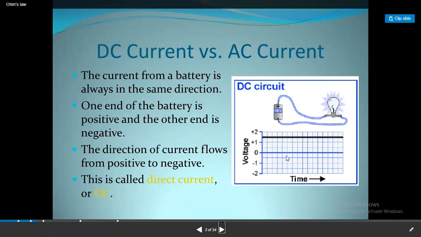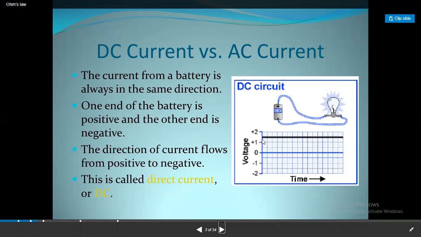Then we know that if you provide a push, or provide energy from a cell, the electrons can travel through the devices over here and come back. So this is a DC circuit. What do you call a DC circuit? DC circuit means a direct current circuit. What do you mean by this direct current? That's another important point we have to understand.